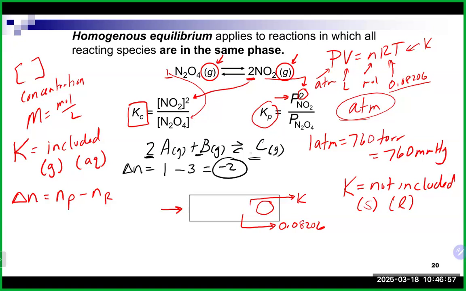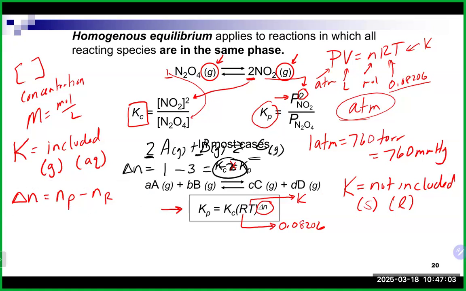It is -2, yeah? And that -2 is really important when we look at the equation,